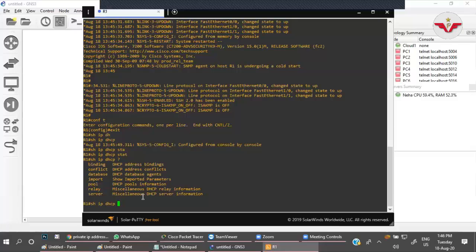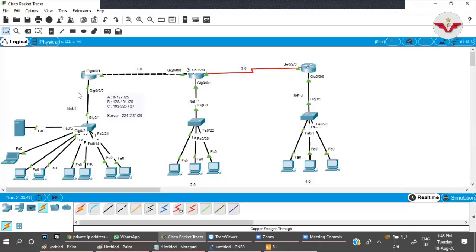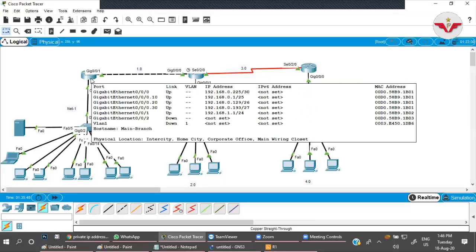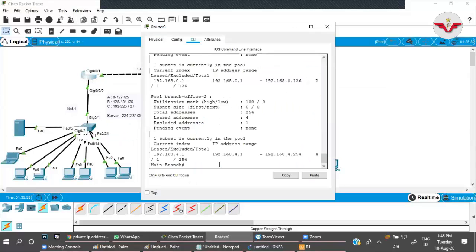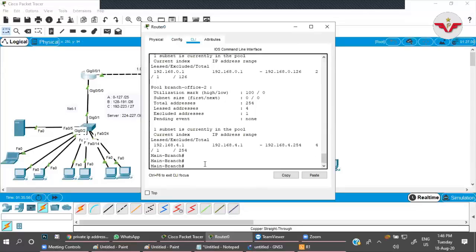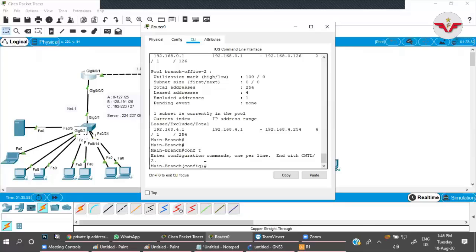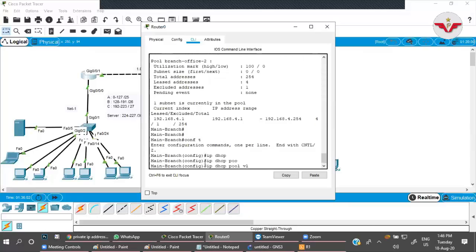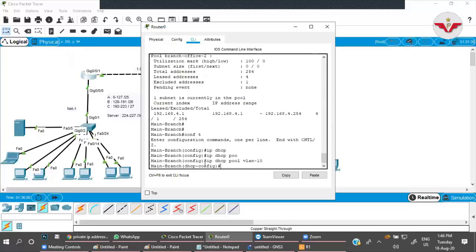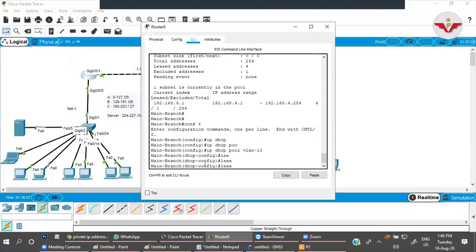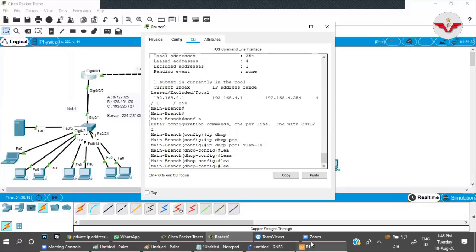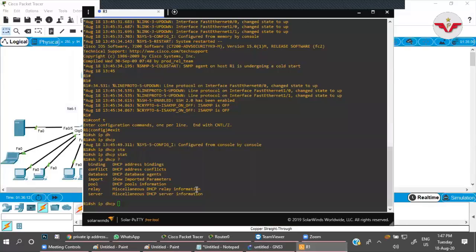Now, the second thing is we have a command. Whenever it leases an IP address, it leases for a limited period. Okay. If you want to check or if you want to increase the lease, what would be the command? Lease command will not work here. Suppose I am going here, configuration and IP DHCP pool VLAN 10. Lease command is not working here, right? Right. If you want to lease in a real environment, it will work. Let me go there.